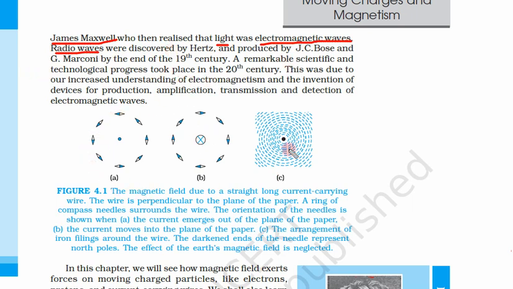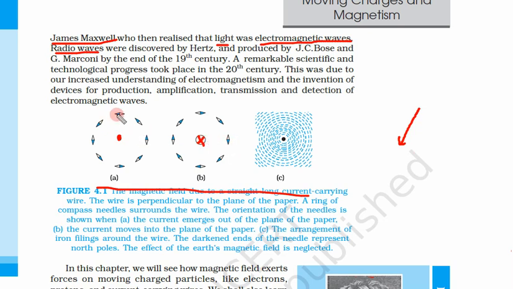Now here a diagram is shown. In these diagrams you can see what will happen when a current is flown in some kind of wire. So this is a wire. This pointed arrow means the wire is inside this plane or is perpendicular to the plane of this paper. Now this dot means the current is coming out of the paper. This cross means current is going inside the plane of the paper.